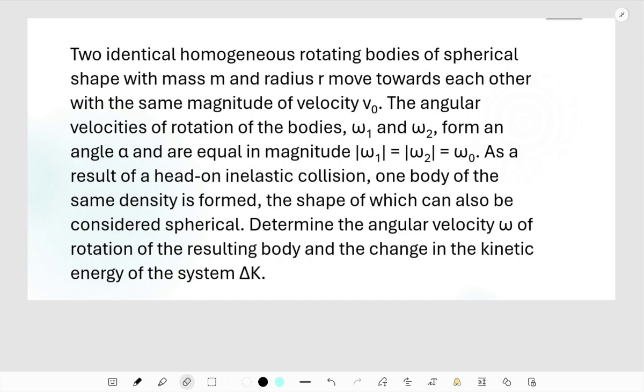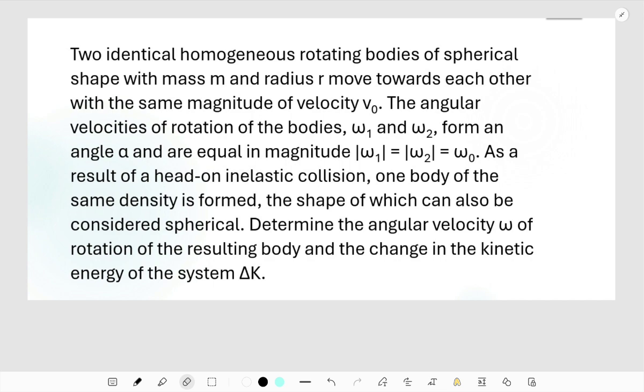So we will need to apply the conservation of angular momentum, and to do this we have to make a choice of a proper axis of rotation, and this is going to be the key thing to decide in this problem. And I would like to choose the common center of mass of the system, which is at rest, of